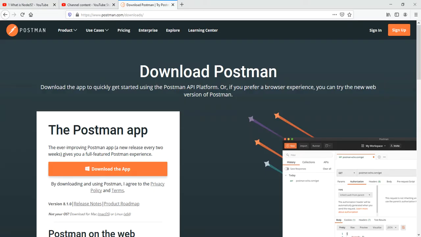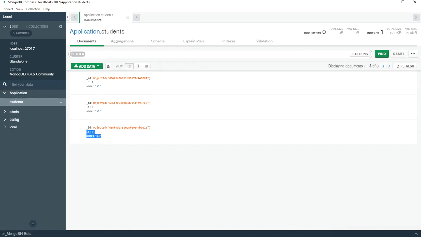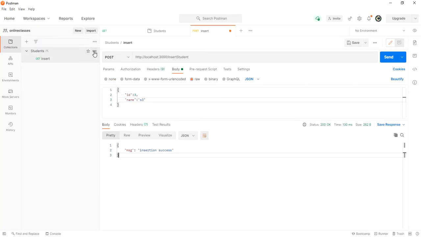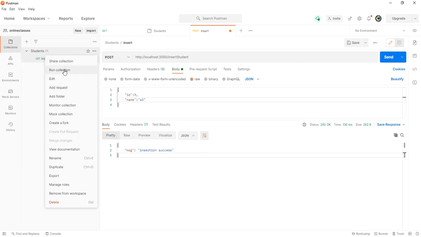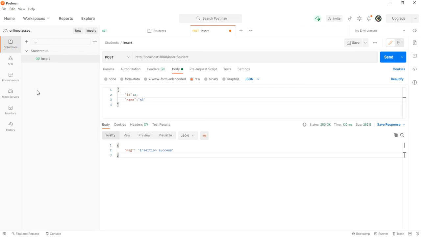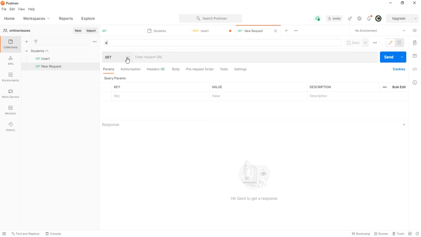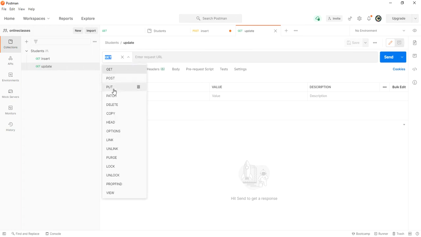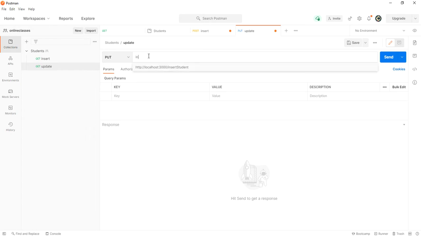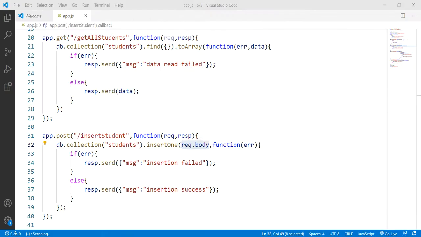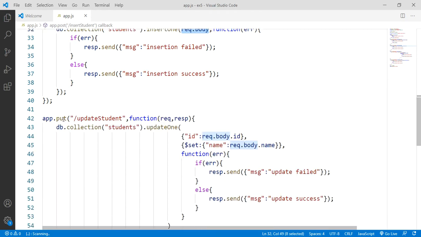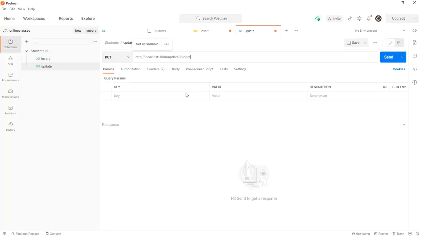Sir, I want to update. How can I do that? So create an update request, or create a put request. Click on this one, add request. So here I'm going to call it update. What type of request should it be? Update. So right now here I need to provide the update URL because I am testing the put method. So right now your put method is registered on what URL, sir? Update student. So I need to configure the same. 3000 means the server IP address.